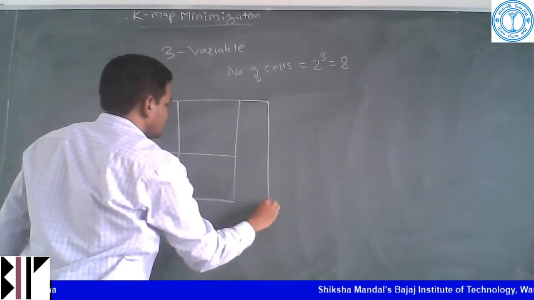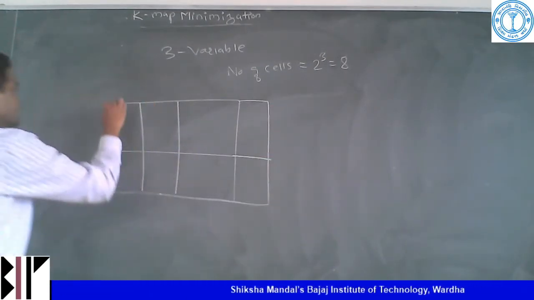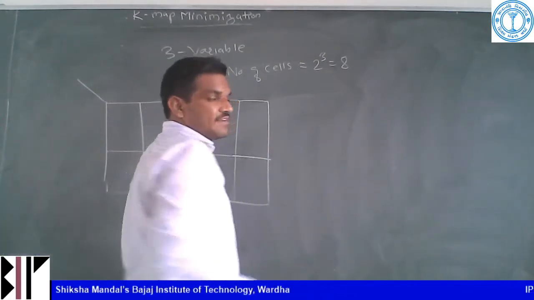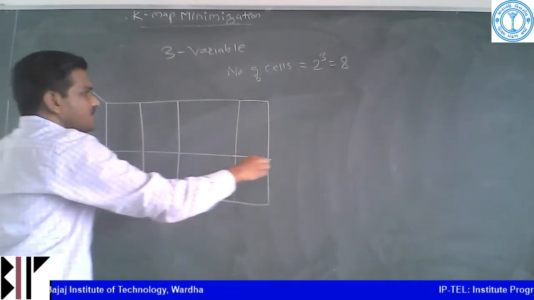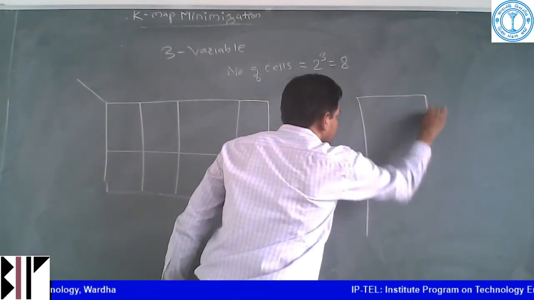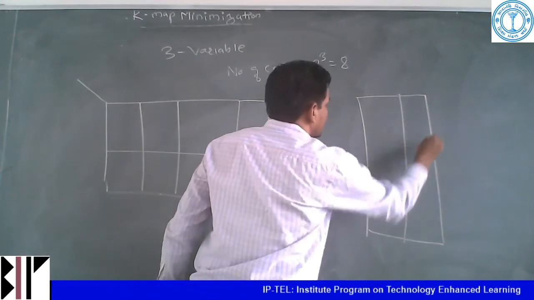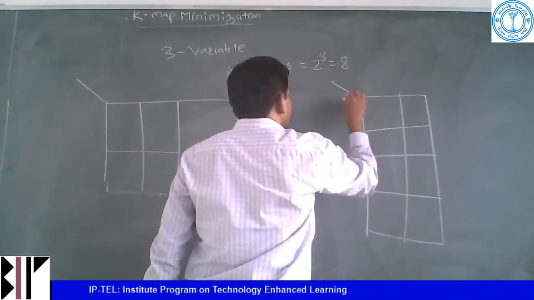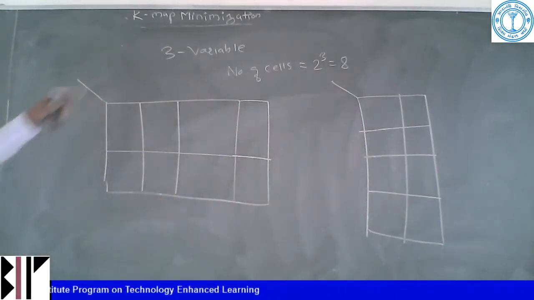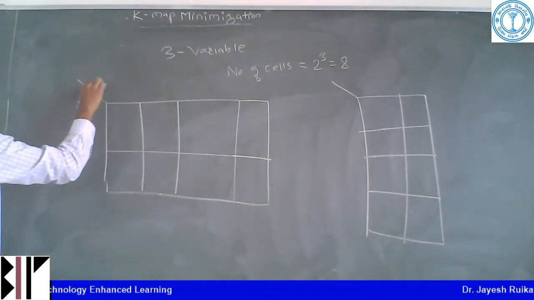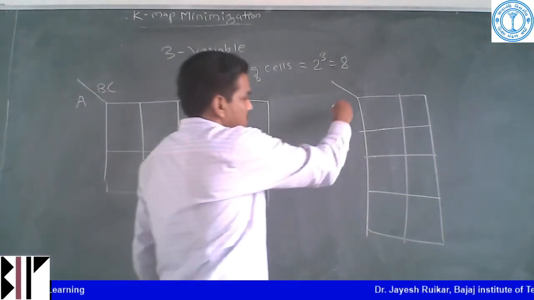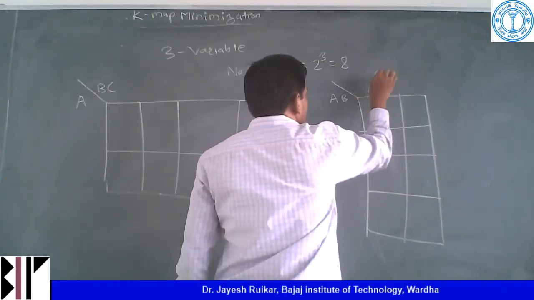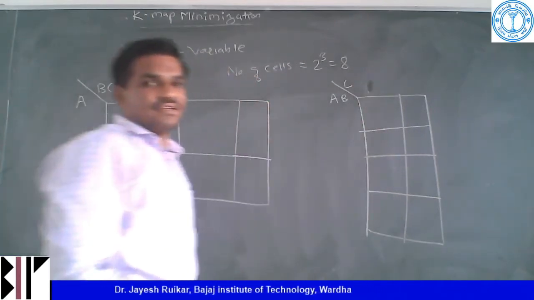I will make it here as large. Okay. And there is one other possibility to represent this three variable K-map. Now this is in horizontal way. Now this is in vertical format. Okay. So three variables. This is my A, B, C. Now here I can write A, B as these four states, and then the C variable, the third variable, I will write in this fashion.